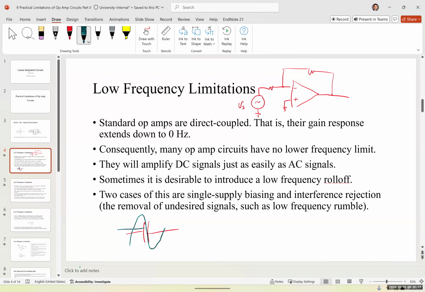So in many cases, op-amps do not have a lower frequency limit or lower cutoff frequency because they don't need it. But in some cases, one example is a single supply op-amp. We need to add a coupling capacitor. And when we add that, the coupling capacitor blocks any DC signals from passing through and getting into the op-amp. Another application or another